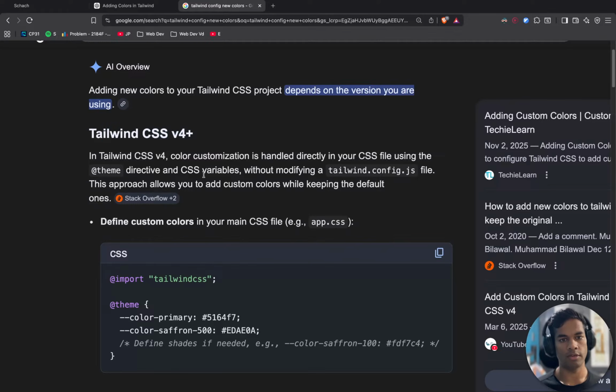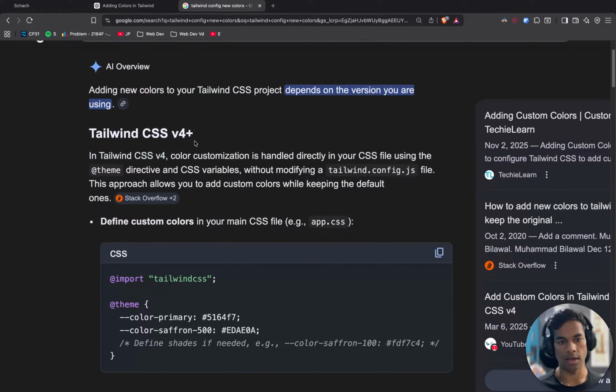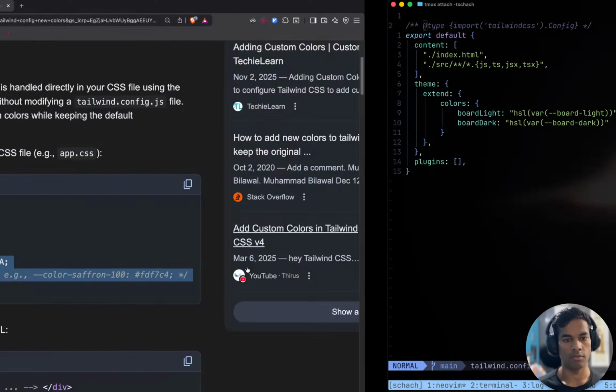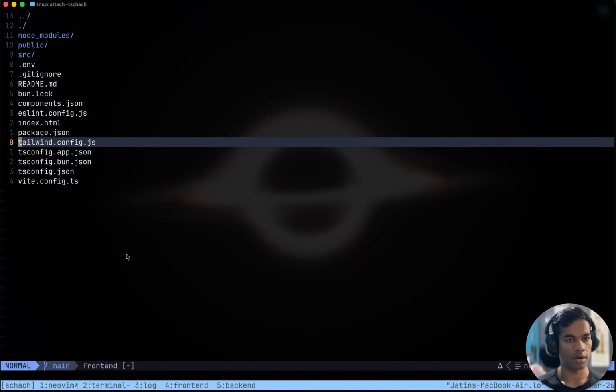Okay, Tailwind CSS v4. Okay, this is how we do things. Inside we have to do themes and not Tailwind config.